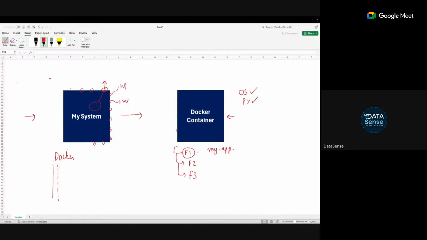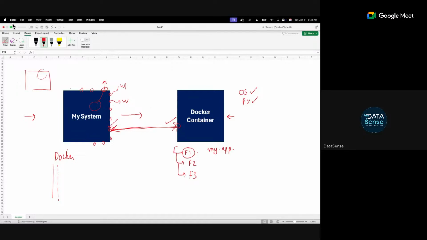Like the Google Chrome that I ran, I ran on my system, and I have run my container on my system. So I'm accessing the output of this model on my system. Docker also has a port and I also have a port. I need to map them. Whatever Docker runs comes through its port and I will take that in my system port. So there will be two ports which are connected: one will be the Docker container's port, one will be my system's port. How do you connect them?